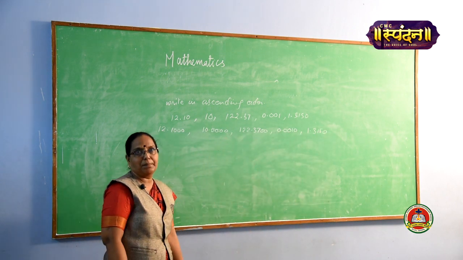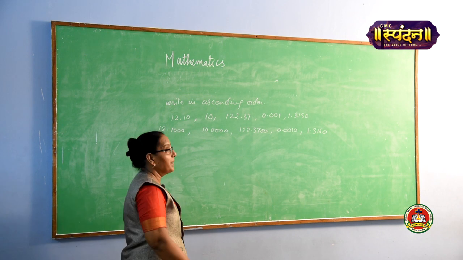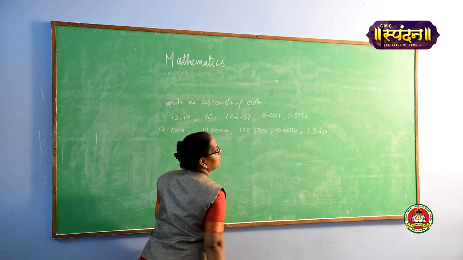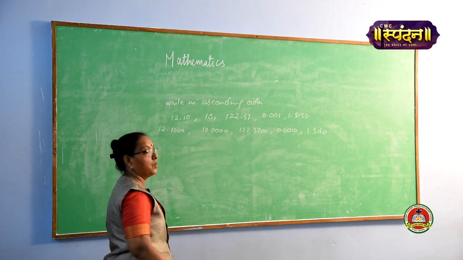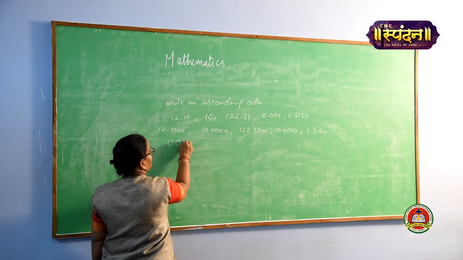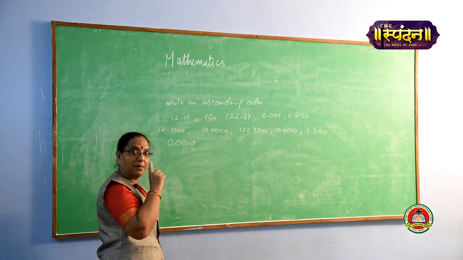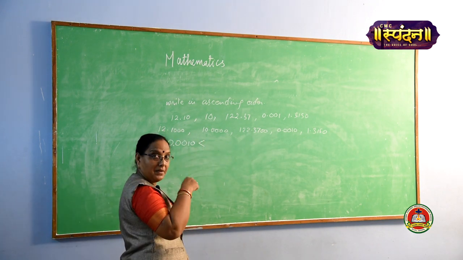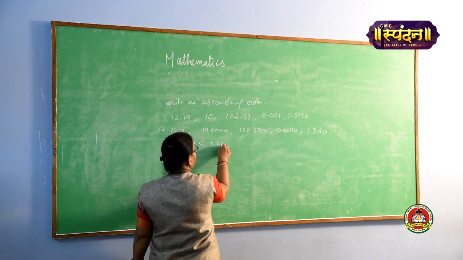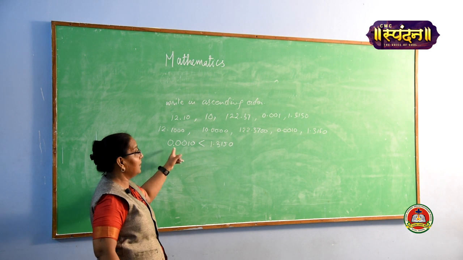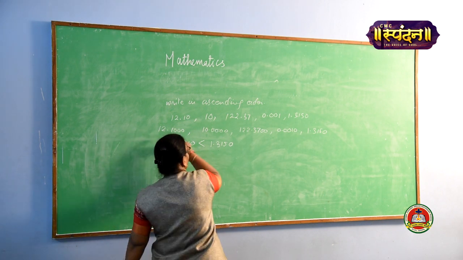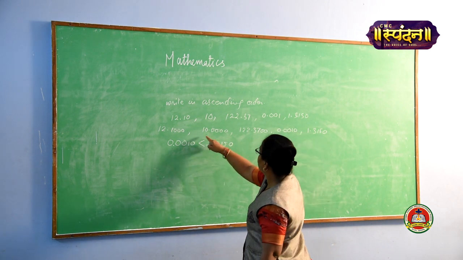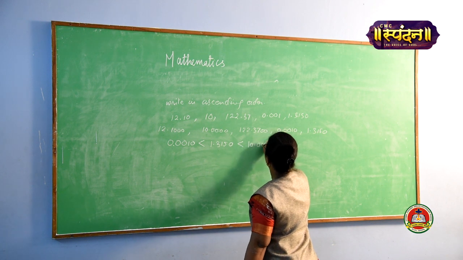Then go through the whole number part, and see which one is the smallest one here. Now see, this is 12, this is 10, this is 122, this is 0 and the last one is 1. So the smallest one is 0. So we have to write here 0.0010, okay, first number. After that 1. That means this number is the smallest, then the next number is a little bit greater than this number. So we are going to compare the whole number part. So the 0 was the first one, after that 1, then we are going to write 10.